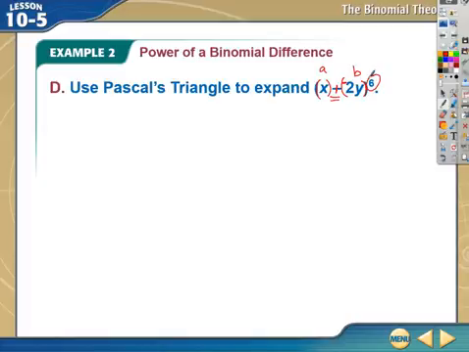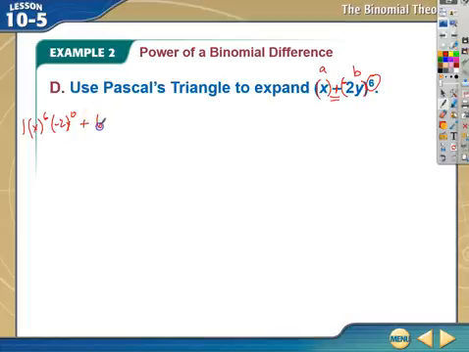Okay. And you're going to write this out. So again, here we go. 1 times x to the sixth times, let's make that smaller because we're going to need the room. So I'm going to go all the way over here. Okay, x to the sixth, negative 2y, excuse me, to the 0 power. Okay, plus,